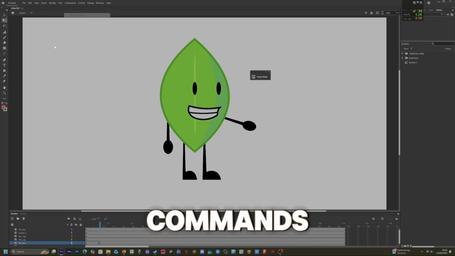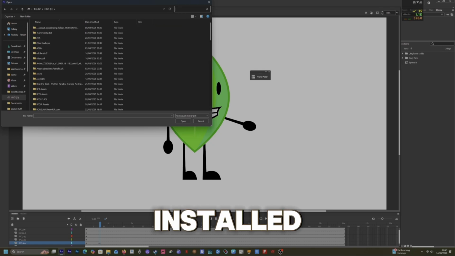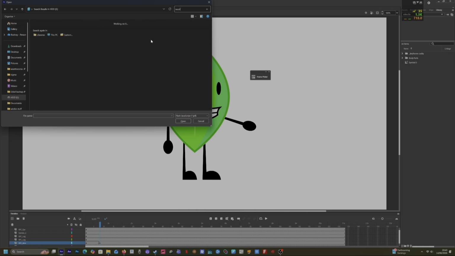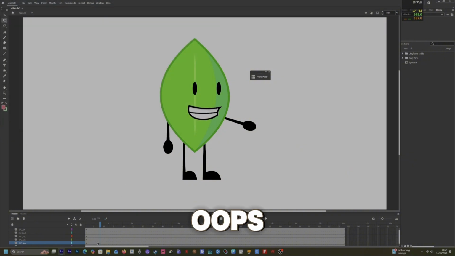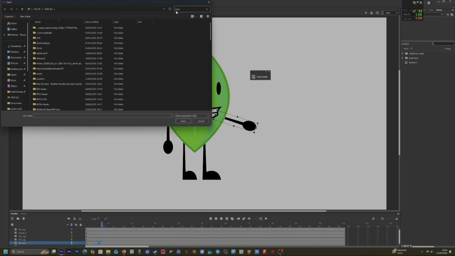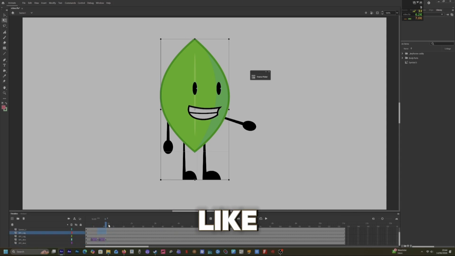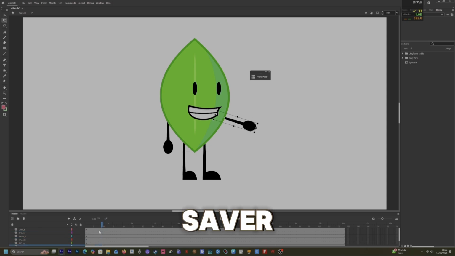recoil.jsfl, I would go to commands, run command, and I would have the file installed. So recoil. Whoops, I didn't. That's a common mistake, you're supposed to highlight it. I completely forgot to do that. Recoil.jsfl, and the arm. You see the arm there? It bounces back without you having to do your own in betweening, which is a big time saver for